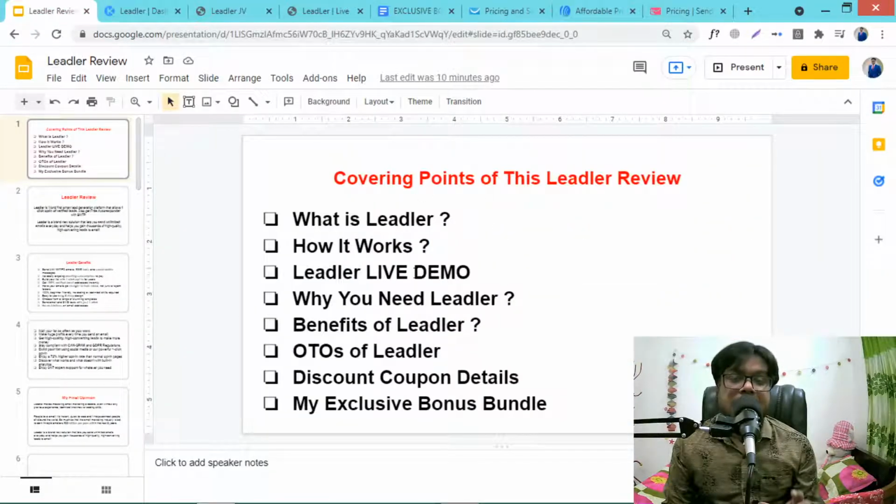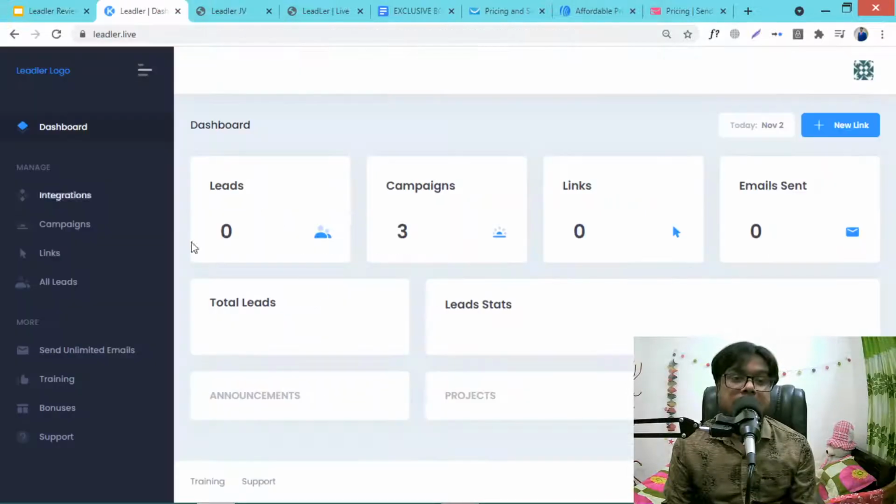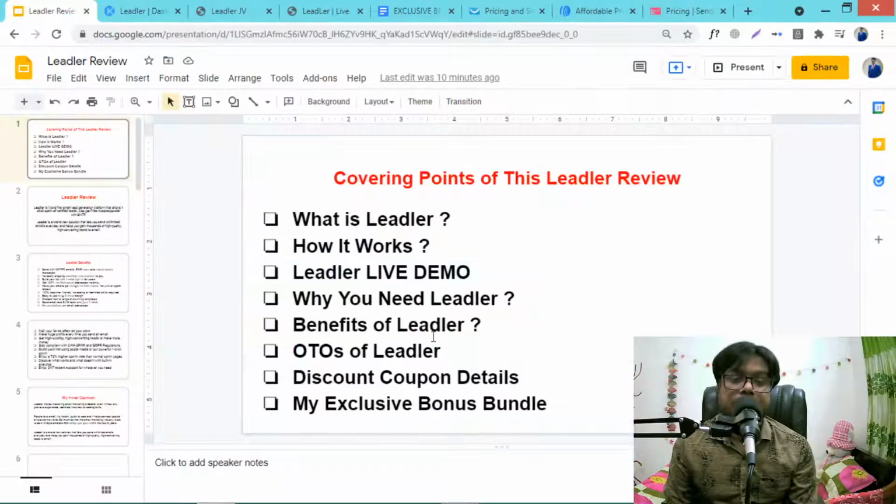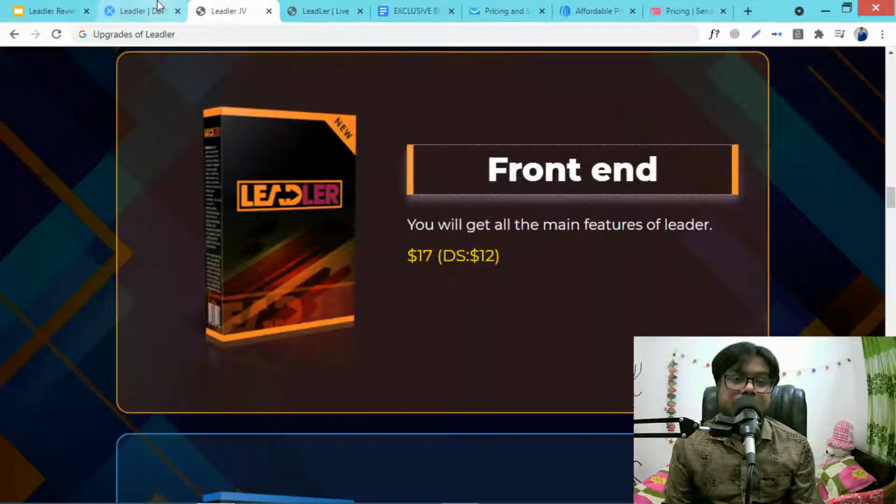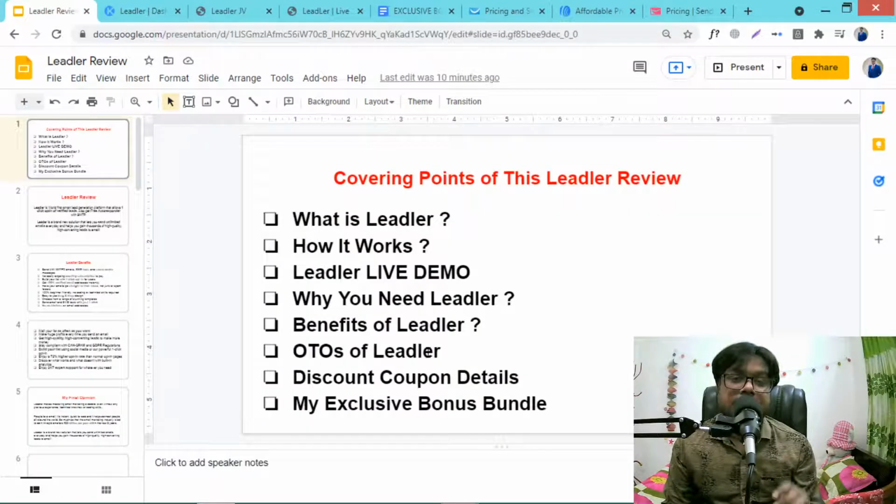I will cover the following points in this Leadler review. I will explain what Leadler actually is, how it works, and give a full live demo. This is the members area of Leadler. Then I will explain why you need Leadler, as there are lots of reasons, the benefits of Leadler, the upgrades of the software, and the discount coupon details.